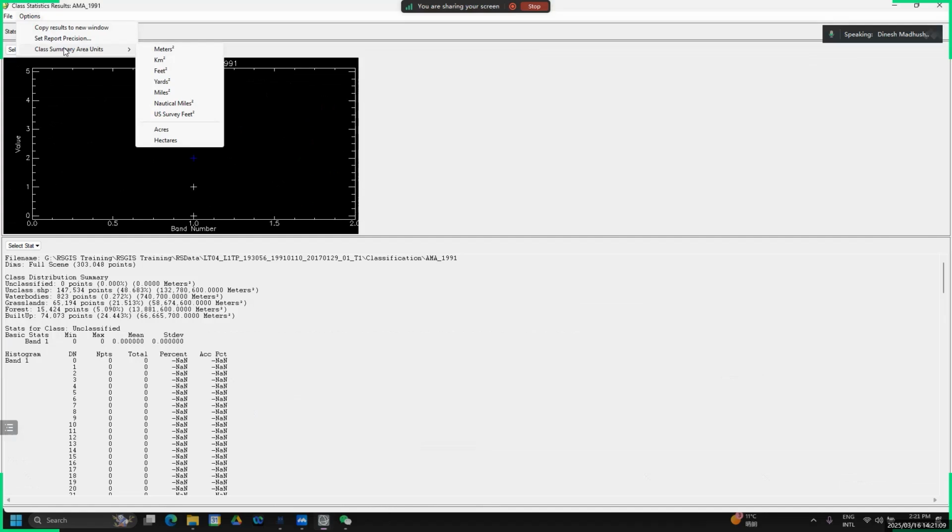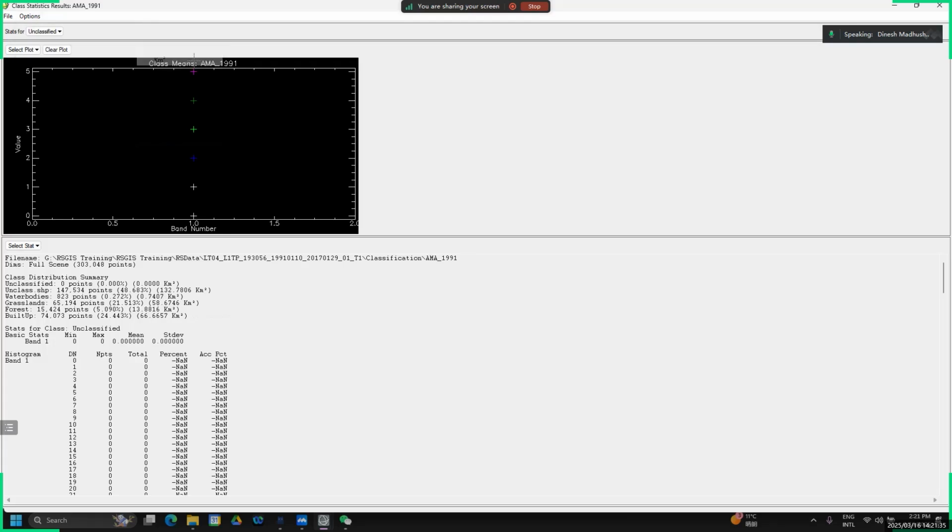You can see meters, feet, yards, nautical miles, and stuff. So let's just use km squared. Select the second option, km squared, because you are converting from meters squared to km squared. If your study is probably in feet, you select feet. But we are just using this as a case study, so we select km squared, and once you do that, you will see that